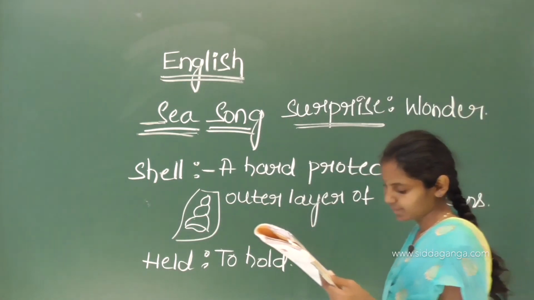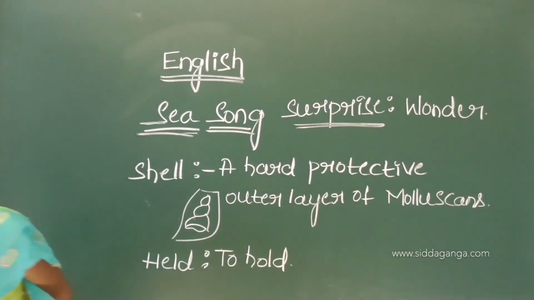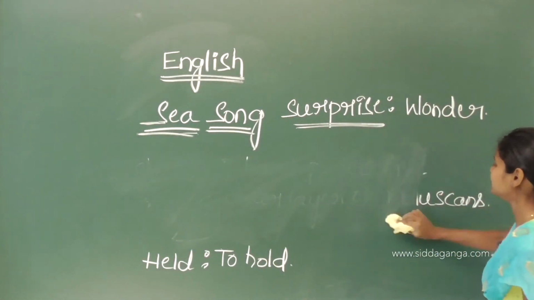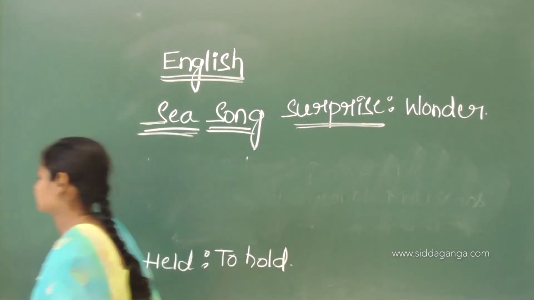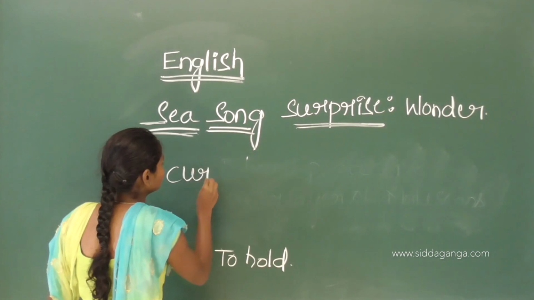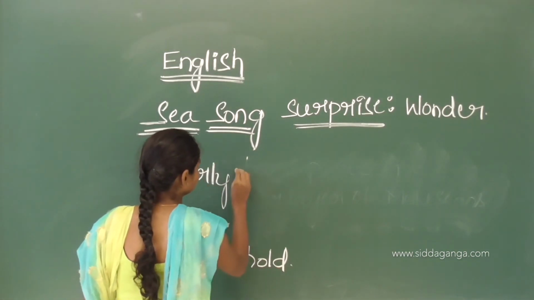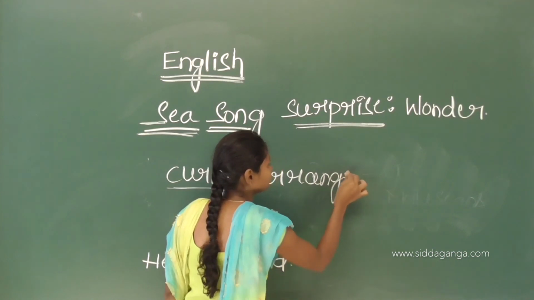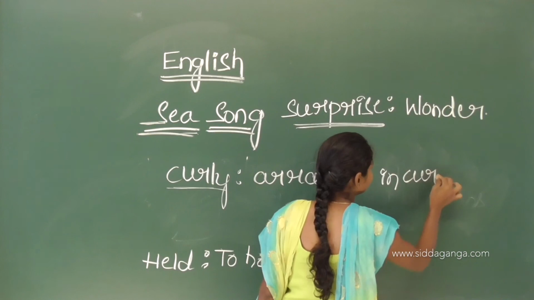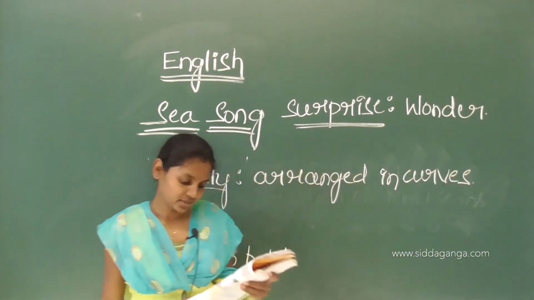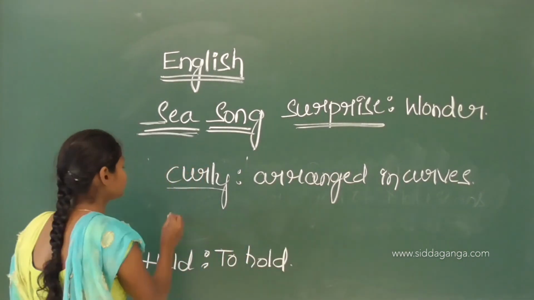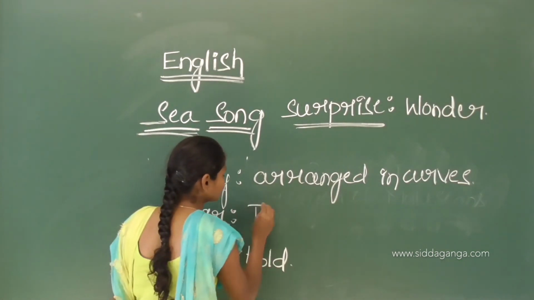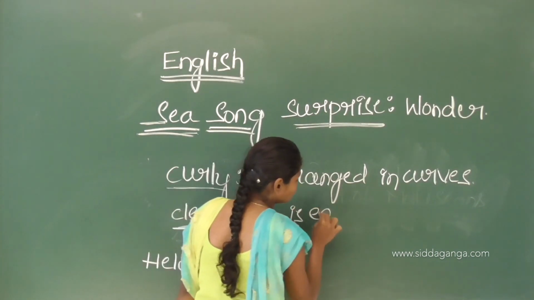Okay. Next one, curly. Okay, I will rub this. Curly means what? So, layers arranged in curves are called curly. Curly means arranged in curves. Okay. And the last one, that is clear. Clear means what? Easy to understand. So it is very easy to understand. It is called clear. It is easy to